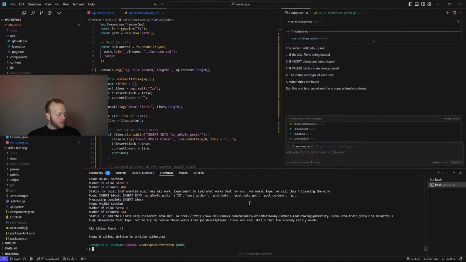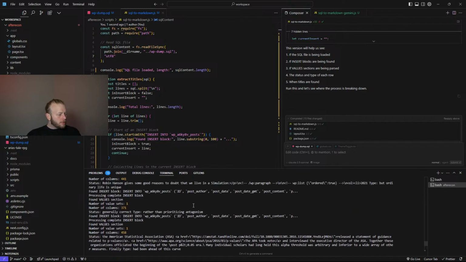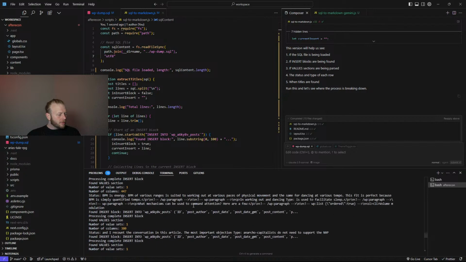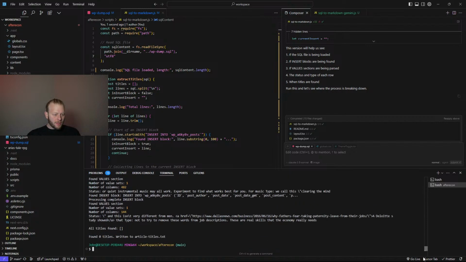Oh, hey, we found some stuff. We found some stuff. This log stream is too long. The printed log stream is too long to paste.